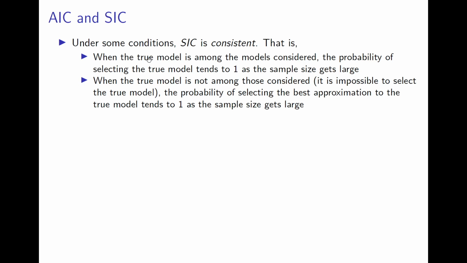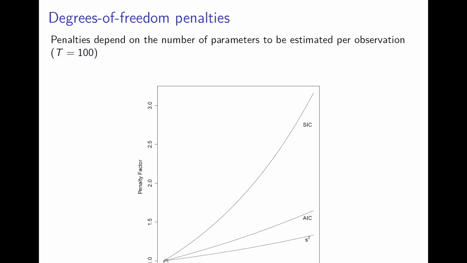If there is a true model among the models being considered, the probability of SIC selecting the true model in the limit as t goes to infinity, or as your sample size gets asymptotically large, the probability of SIC selecting the correct model gets close to 1. That's the best thing that could possibly happen. But all of that is to paint a picture and say, you need to be way more radical about rejecting